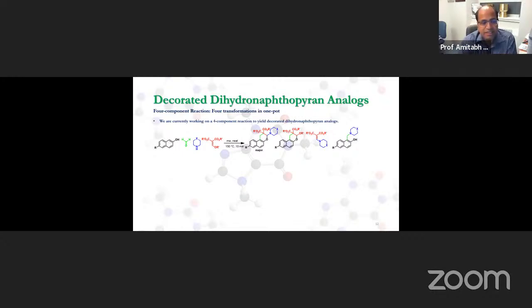Push-pull alkenes, meaning that the electron is being pushed by one type of group and released by another, so there is pulling and pushing of electrons simultaneously. So in this, we wanted to see whether the Diels-Alder cyclization takes place with the quinone methide or not. And we were actually very pleased to see that the cyclization was not only happening, we were also getting a